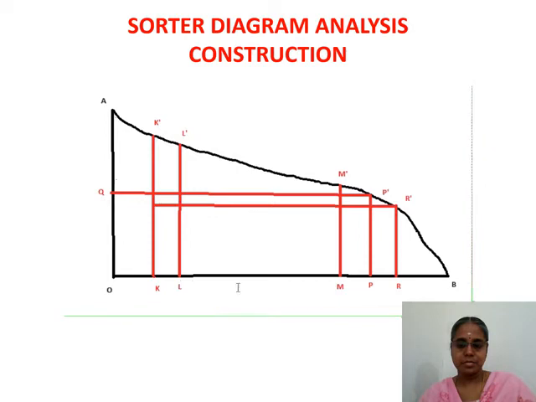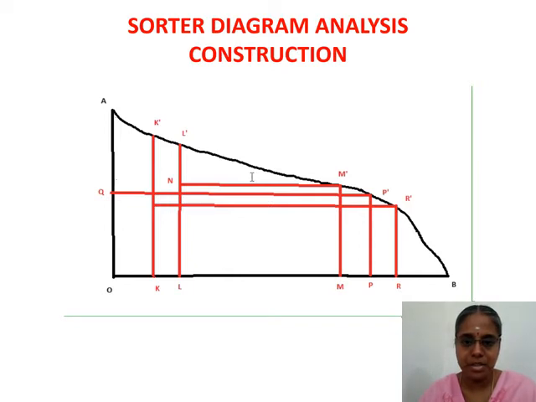So this distance is your interquarter. From L dash to M dash is your interquarter. So you are finding the difference of the interquarter by subtracting L dash from M dash. How will you subtract? So from M, draw a line parallel to OB which touches L dash at N. So L dash is the difference between L dash and M dash, which is interquarter range. So this interquarter range is less, then your dispersion will be low. So